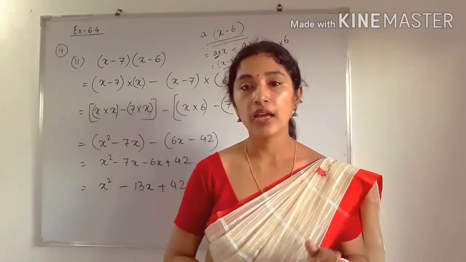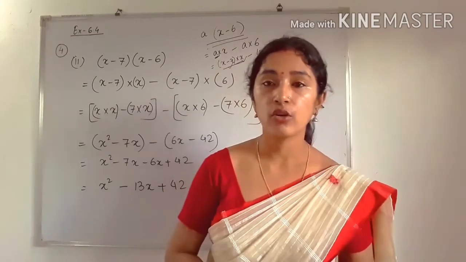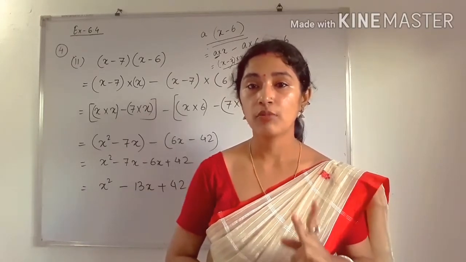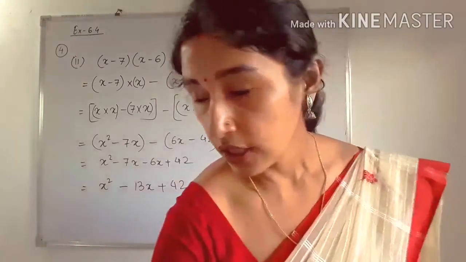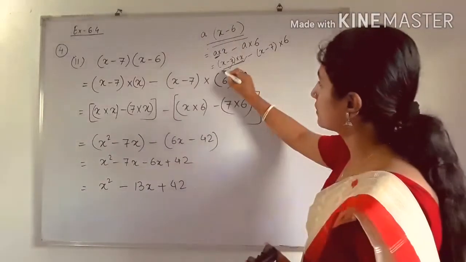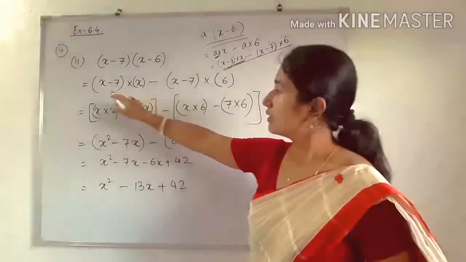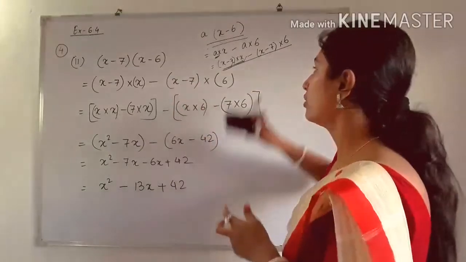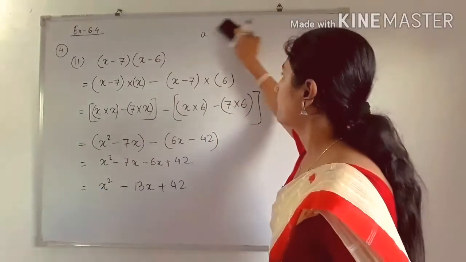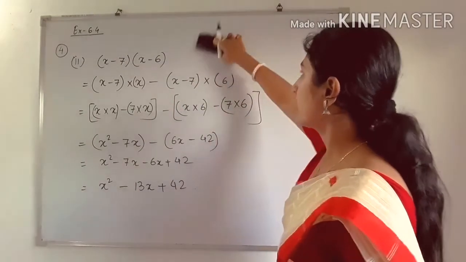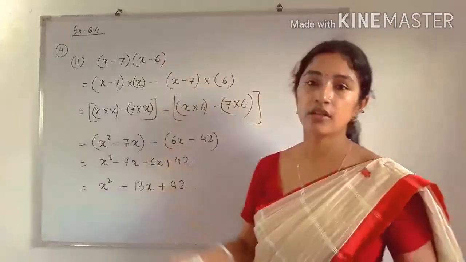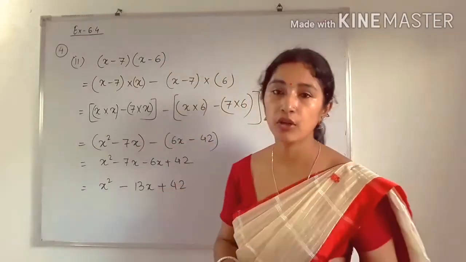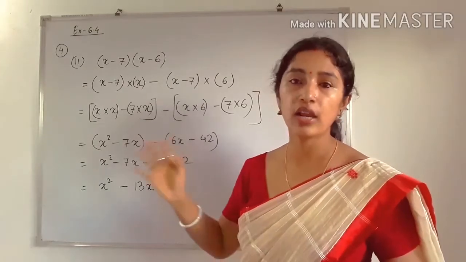But if we multiply a binomial with another binomial, then we have to apply the distributive property twice. That means two number of times. So see, this step we will get in this one. I have written it directly; you can also write directly if you understood. In the book there is another method you can use. But my suggestion is please try to accept this and practice this method, because later on also you have to do it like this only.